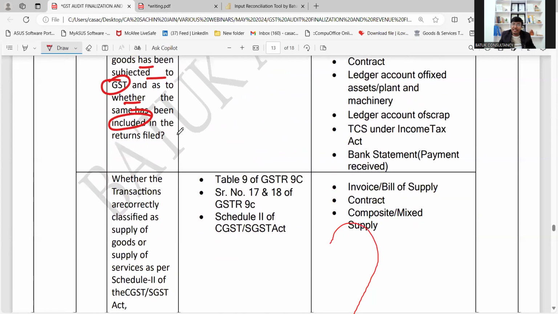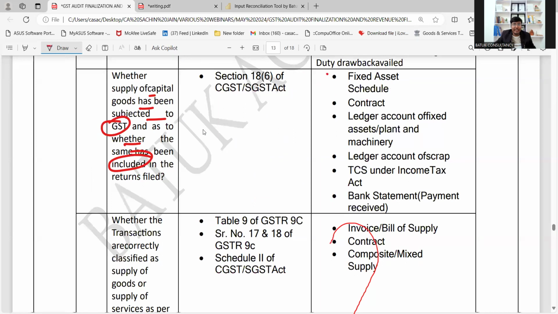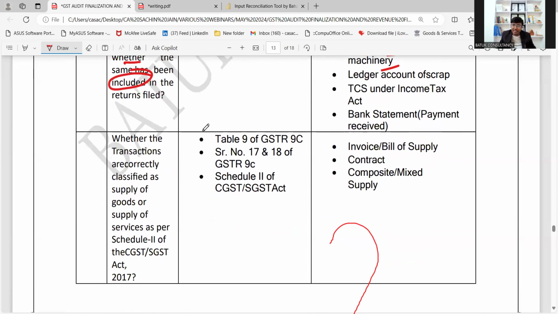How can I verify through the fixed asset schedule? If there is any contract, I can check the same. Ledger account of fixed assets, plant and machinery, ledger account of scrap. We also need to check the TCS and bank statement related to the receipt of the payment. Now,